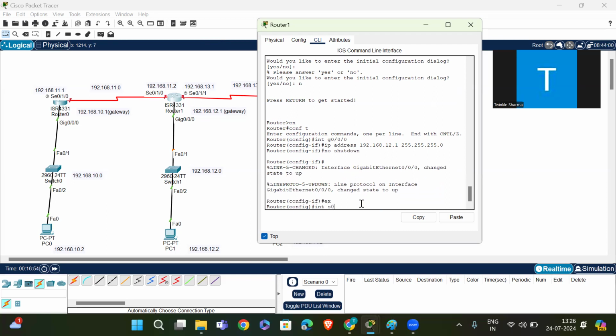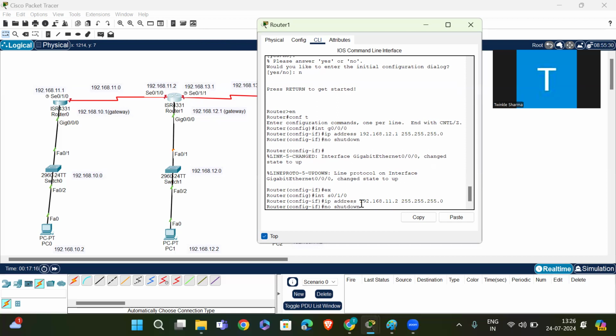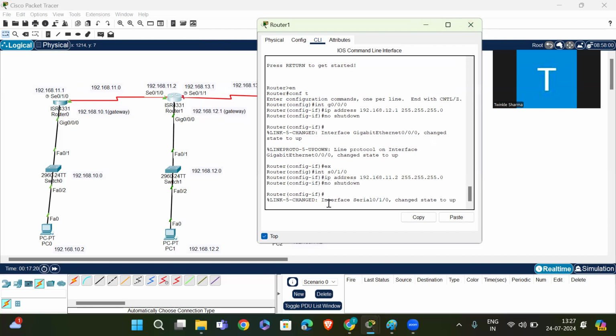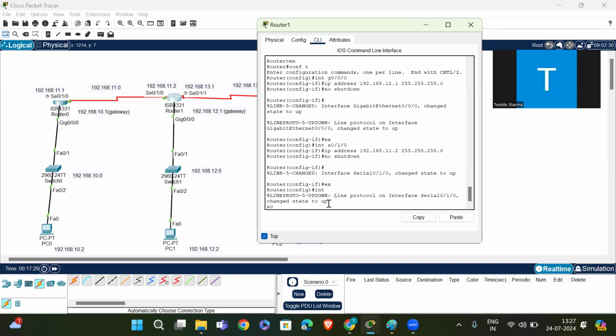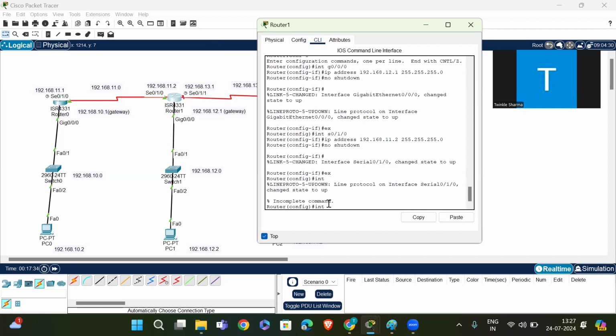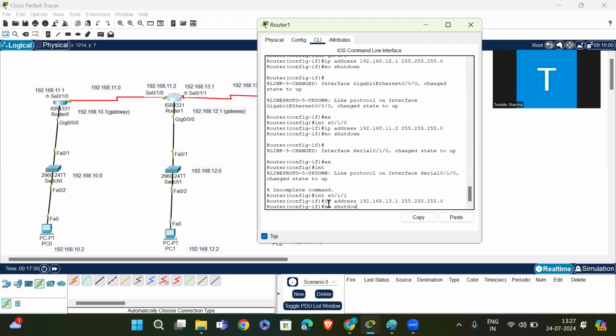Interface S0/1/0, IP address 192.168.11.2, 255.255.255.0, no shutdown. Then interface S0/1/1, IP address 192.168.13.1, 255.255.255.0, no shutdown.